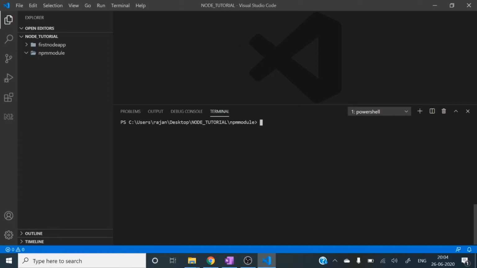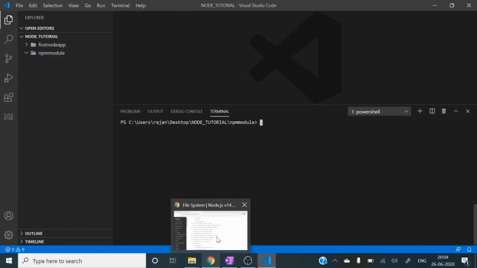In a quick definition, npm means node package manager, which is a public repository where a lot of third-party libraries and packages are available, and we can use those packages in our application, right? So let's first search for that npm repository, how it looks and how we can search.